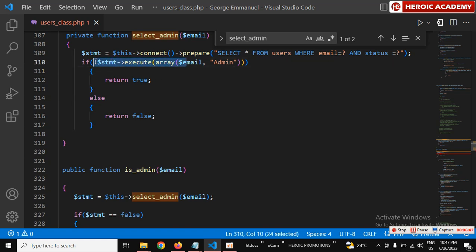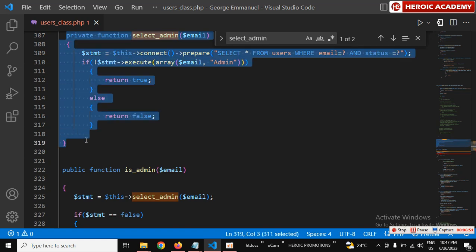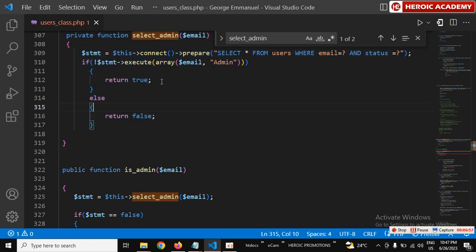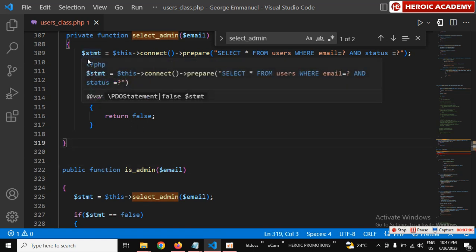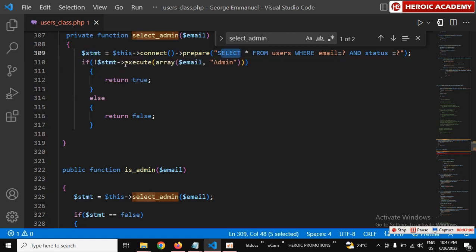This is how we do it in object-oriented programming: you separate different methods for different functions. This one is just talking about select only, while this one will talk about whether the person is an admin or not. So after selecting, it will check whether there is an error, whether you were able to select correctly. If you are not able to select, it will